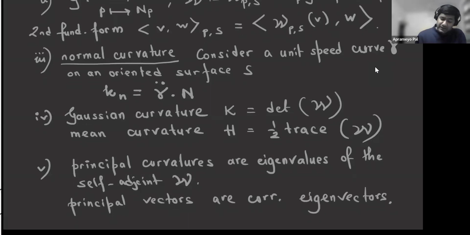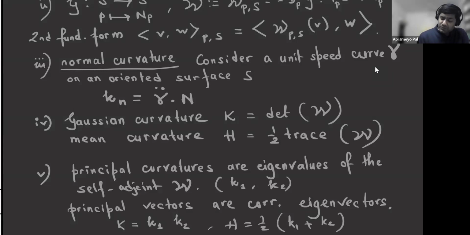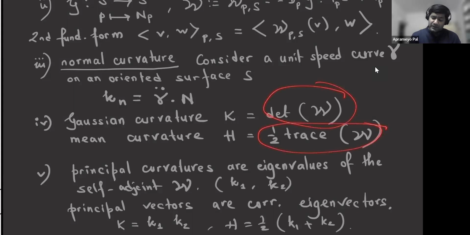Let's say this is kappa 1 and kappa 2, these are the principal curvatures. So immediately you get a nice reinterpretation of the Gaussian curvature: K will be the product of kappa 1 times kappa 2. This is not a dot product. And H would be half of kappa 1 plus kappa 2. So this is just from the definition, and we actually also saw how to prove this,